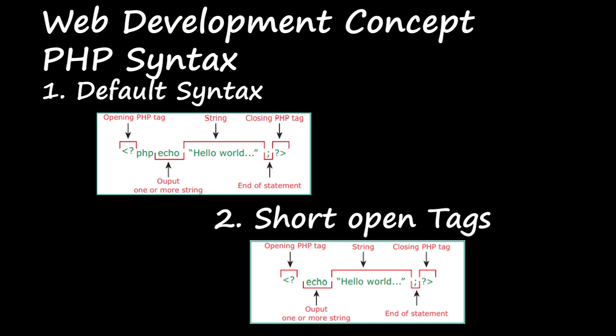To get an output string, we use echo. If you give some words inside double quotes along with echo, the words will be displayed as such in the output. Semicolon is the end of the statement, and if you give the semicolon only, this will work. Then how will you close the PHP tag? It will be there as the default one; if it is not there, you have to check and write it. When opening a PHP tag, you put less than question mark PHP. To close it, you give question mark and a greater than symbol.